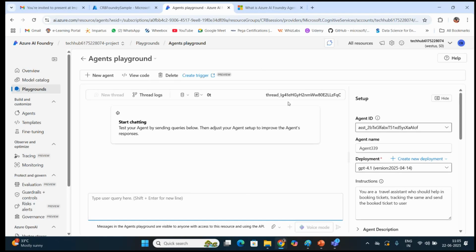Which is available under this particular part, wherein whenever you add something in the text box, it is stored as part of the thread, that what we saw over there, right? So that would be stored as part of your thread. And whenever you want to ask your agent, you would be questioning here, and it would give you the response based on that.